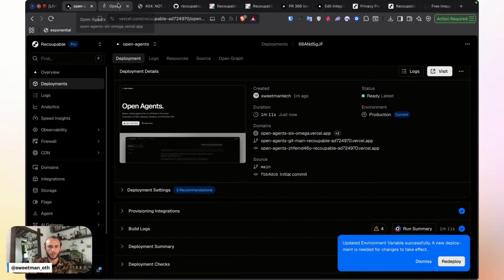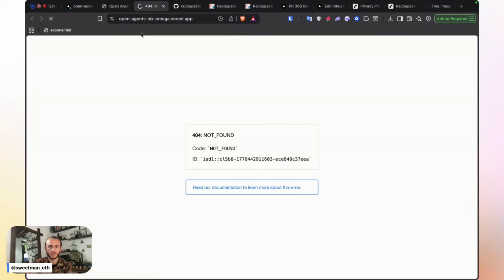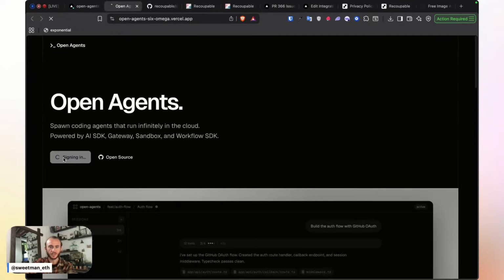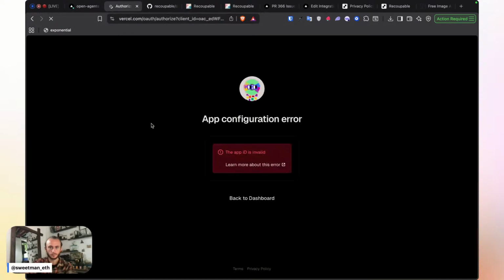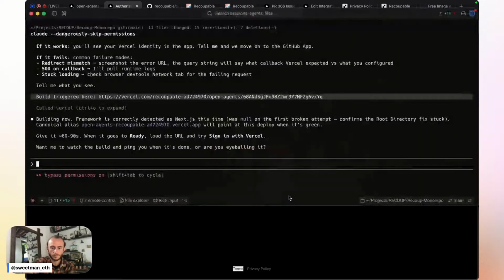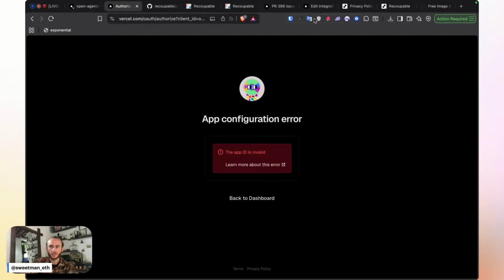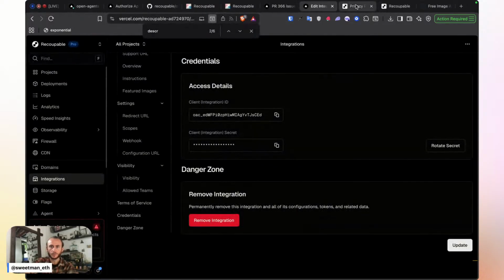Oh, it looks like we can see open agents now. We've gone from seeing an empty 404 page to now we can actually see the login. Let's try sign in with Vercel. Okay. I see the login page now. When I click the sign in with Vercel button, I see this error. The app ID is invalid. So does that mean that we have to publish it first? Or